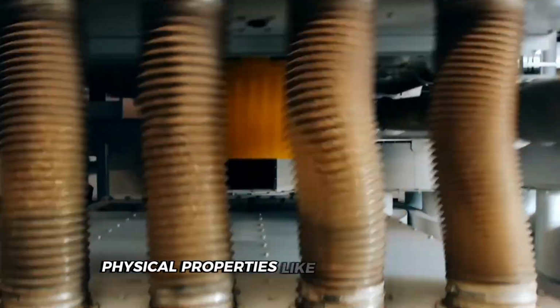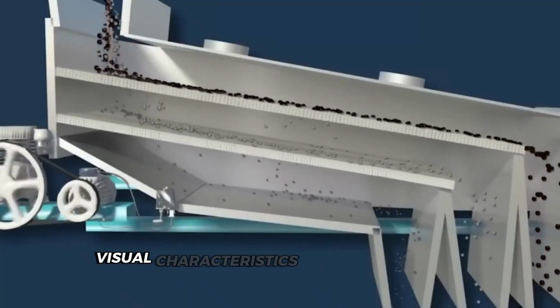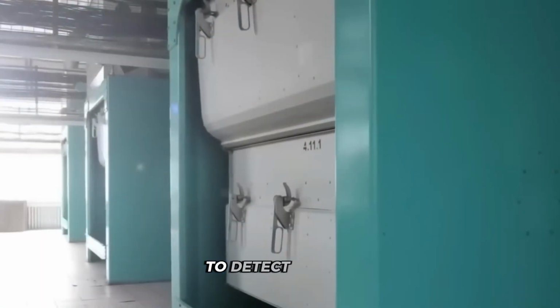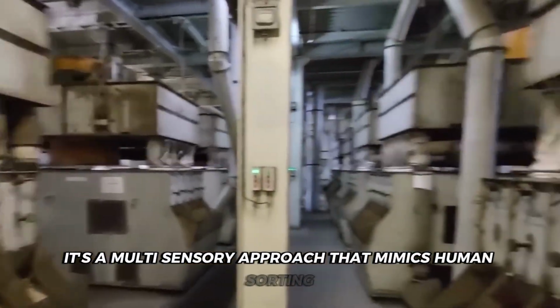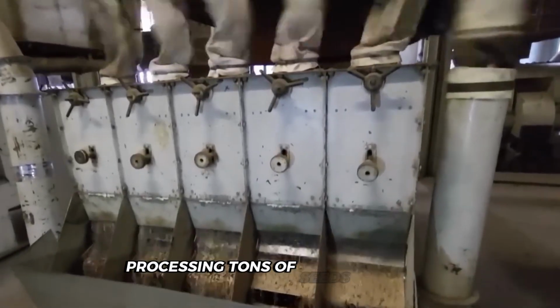Physical properties like size and weight help with initial sorting. Visual characteristics enable high-speed inspection. Some advanced facilities even use X-ray technology to detect hidden foreign materials inside the seeds themselves. It's a multi-sensory approach that mimics human sorting, but at industrial scale and speed, processing tons of seeds per hour